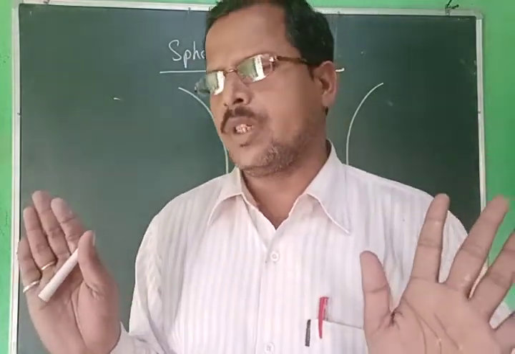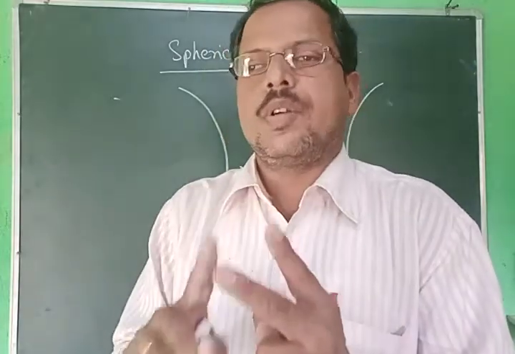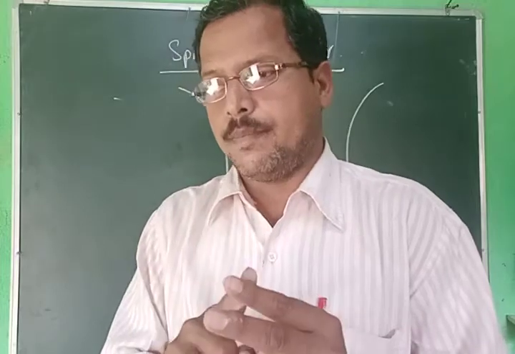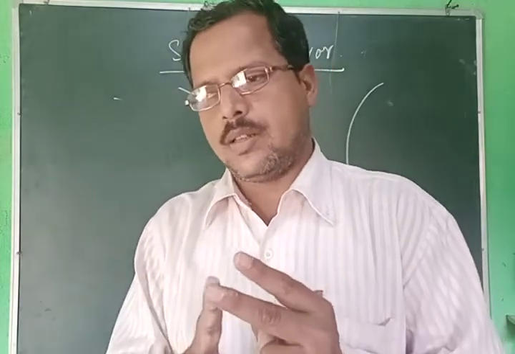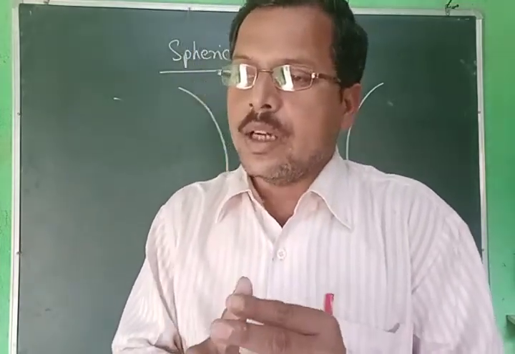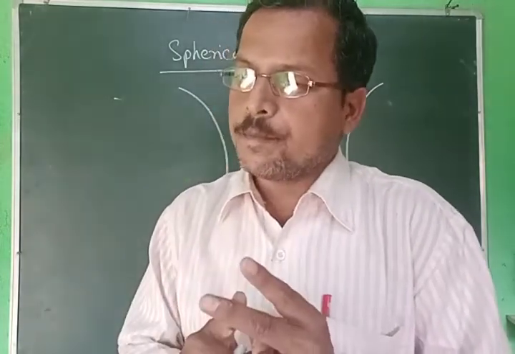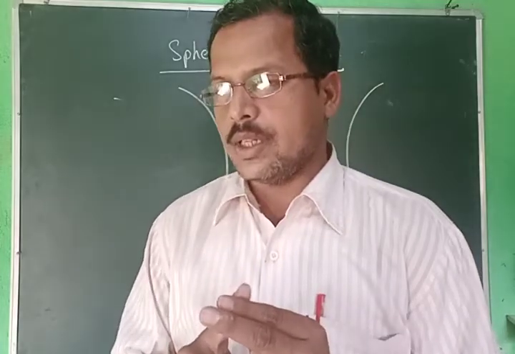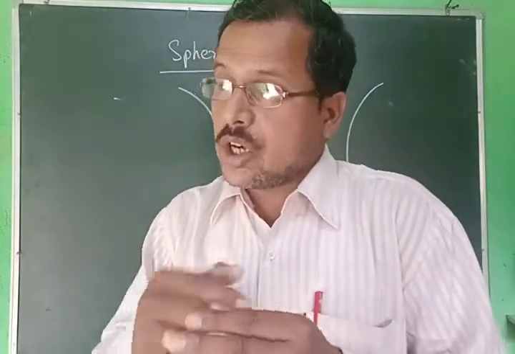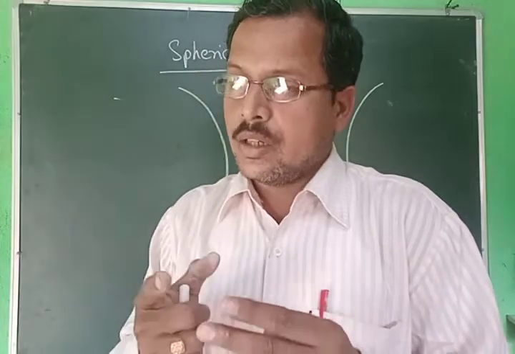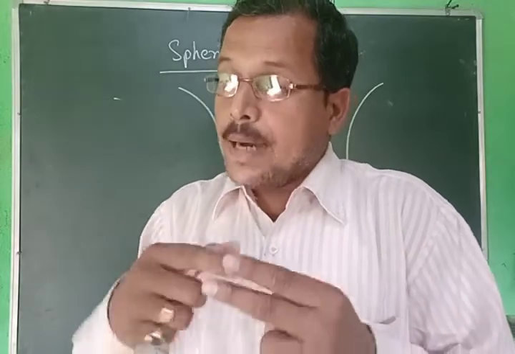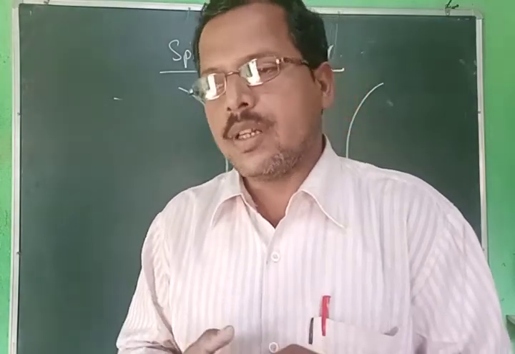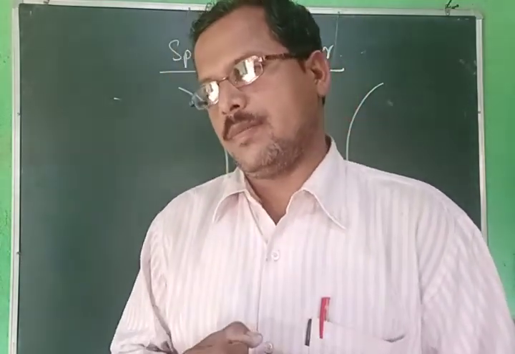Simply, okay. Then we have two types of spherical mirror. One is concave, another is convex. When is it said to be a concave mirror and when is it said to be a convex mirror? When the reflecting part, the edge of the mirror, is curved inward or bent in, then we say that it is a concave mirror, and it is a converging mirror.